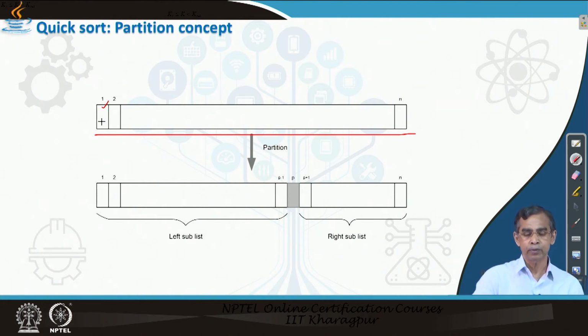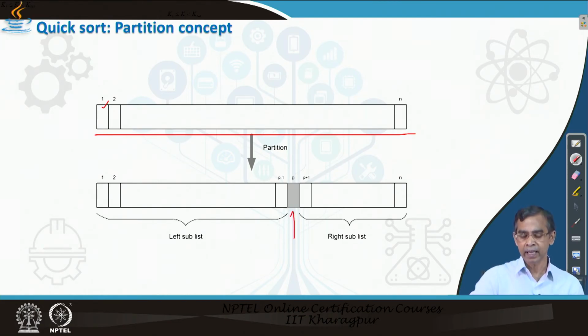Now, what we have to do is that we say pivot element, as this is a random number, it can be any value. Now, pivot element should be placed in its final position. What is the meaning of final position? The meaning of the final position is that it should be placed in this list in such a way, for